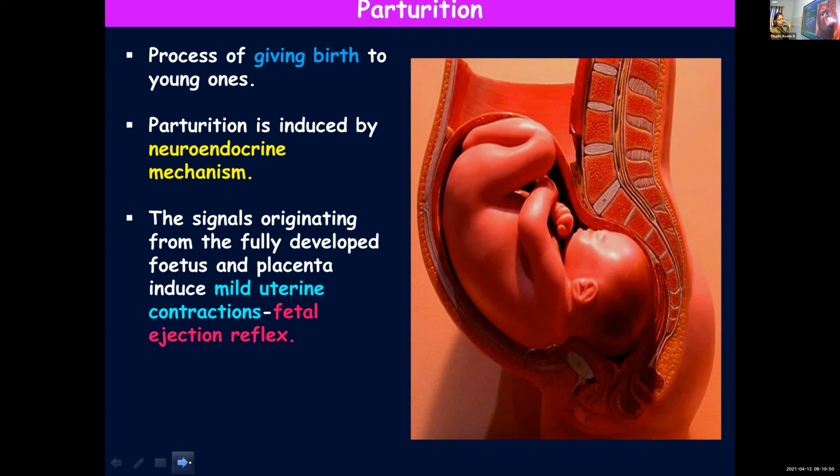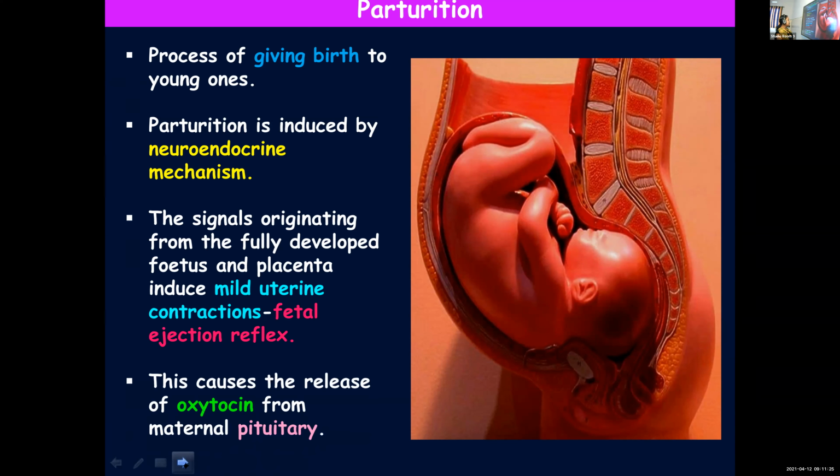The uterus starts to contract and relax gently, mild contraction, and this is called the fetal ejection reflex. So the fetus is fully formed. It cannot remain further inside the mother's womb. The gestation period is completed. So it is giving signals so that parturition can take place. Once these signals are released, this will result in the fetal ejection reflex, meaning mild contractions will be produced, and